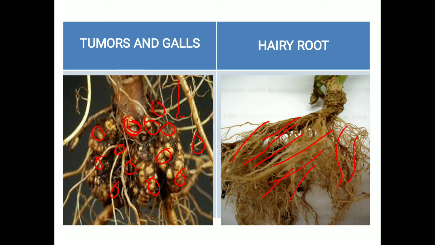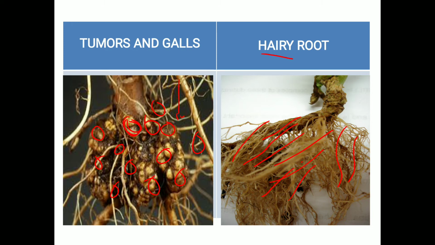When such bacteria attack the roots, such galls or tumors are observed, or sometimes due to the attack of nematodes, such tumor-like or gall-like structures are formed. So there are several reasons for forming tumors and galls. As it is due to bacteria, for control of bacteria we can use the antibacterial bactericide called Streptomycin 100 for control of tumors and galls.